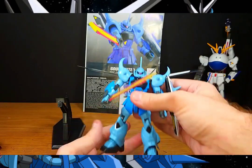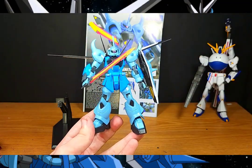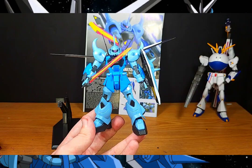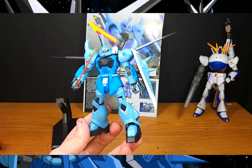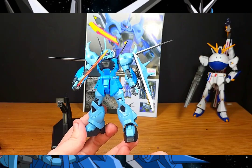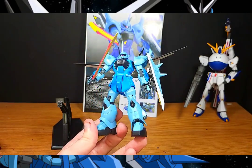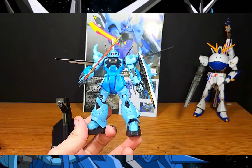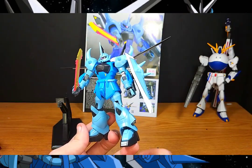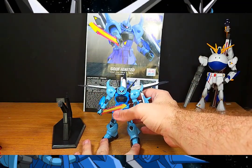Now, a good question one might ask is, do I foresee any future Gouf Ignited announcements, like a new High Grade or anything like that? I could say yes, in a sense, and it's a good sense. One reason is that, like I said, the Gouf Ignited is a generic grunt for the series, but it is well seen a lot in the series. So I could see a Gouf get an announcement for a good reason, and that is, for those who remember the Ginn and Zaku Warrior Master Grade announcements,